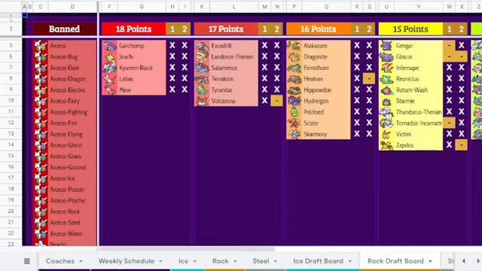That's right, Black and White Draft League is here. So, this is WPF Season 10 Rock Division. And here we're playing Gen 5, and as you can see in front of you, this is the tier list, or the draft board. And you can see the 18 pointers and the 17 pointers and how different that is